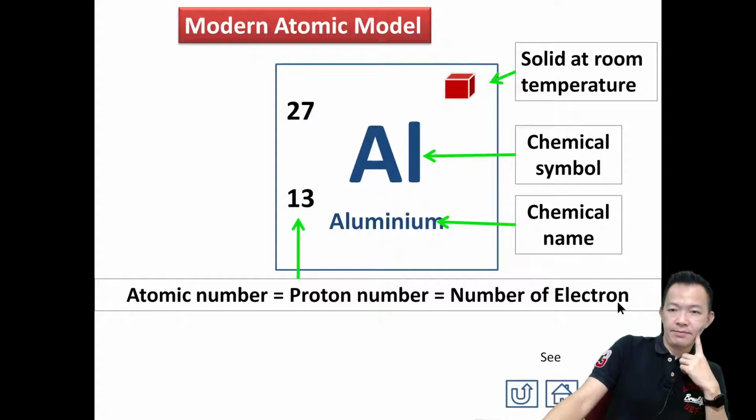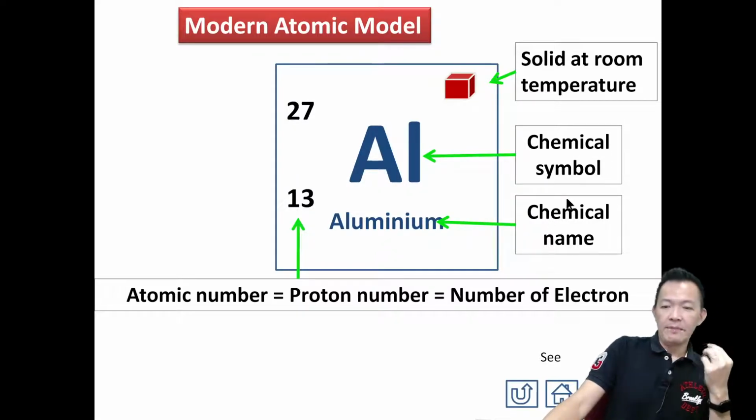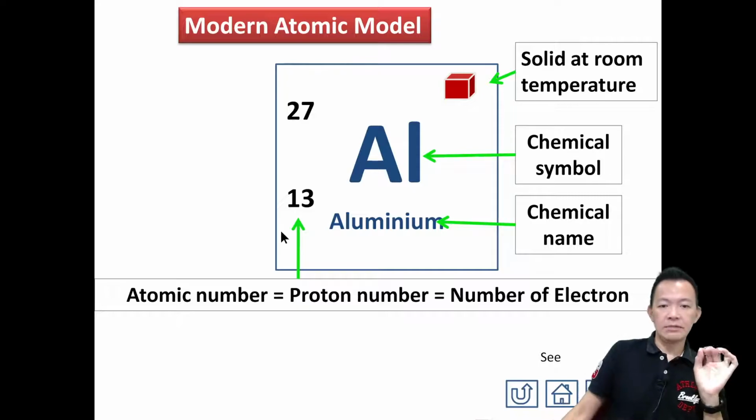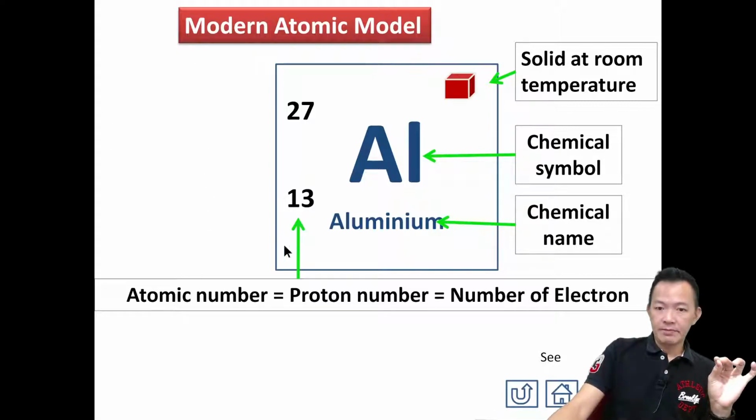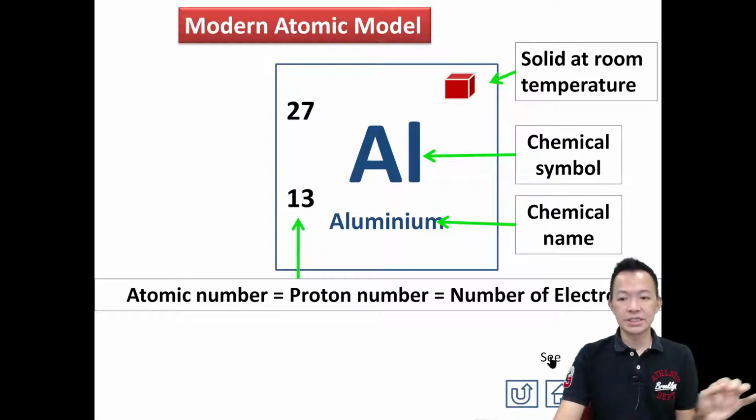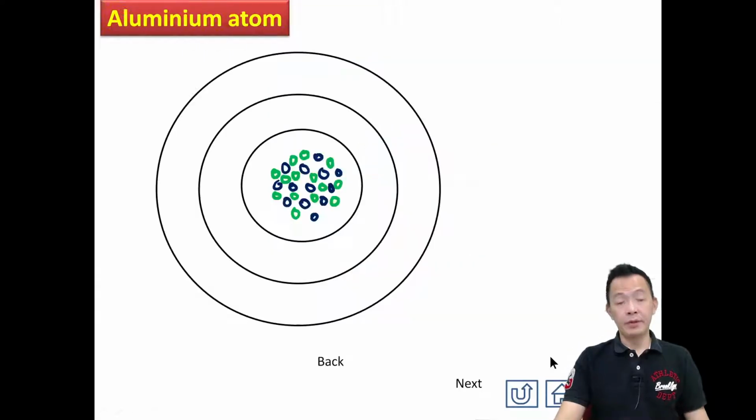The number of electrons. So copy first, 先抄 atomic number, proton number, and the number of electrons. Okay. Atomic number, proton number 也可以等于 number of proton, 其实也是一样, number of electrons. But remember, electron no number. 你不可以称为 electron number, 因为 electron 没有 number 的，proton 有 number。记得啊. OK, so what is the meaning of 13? 这个13是什么意思呢？